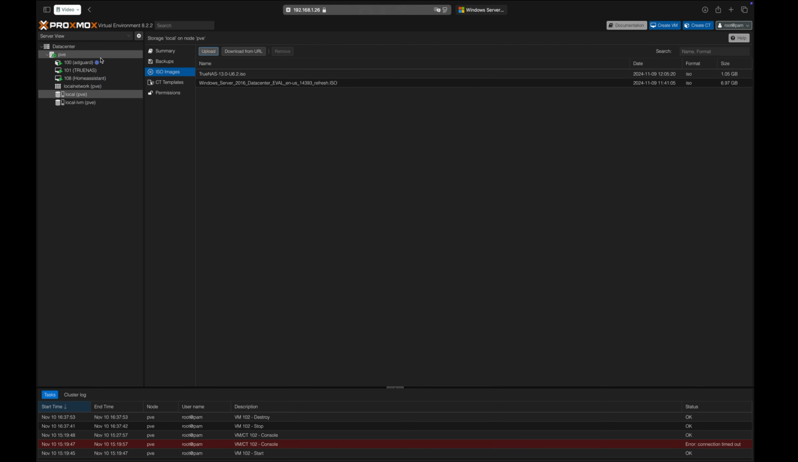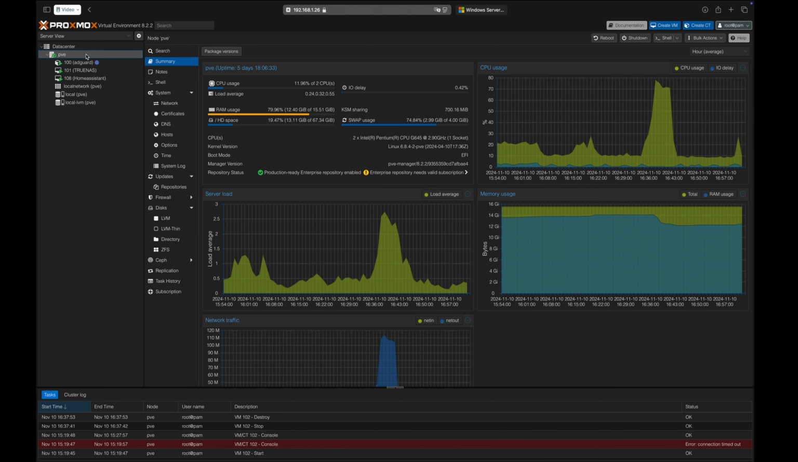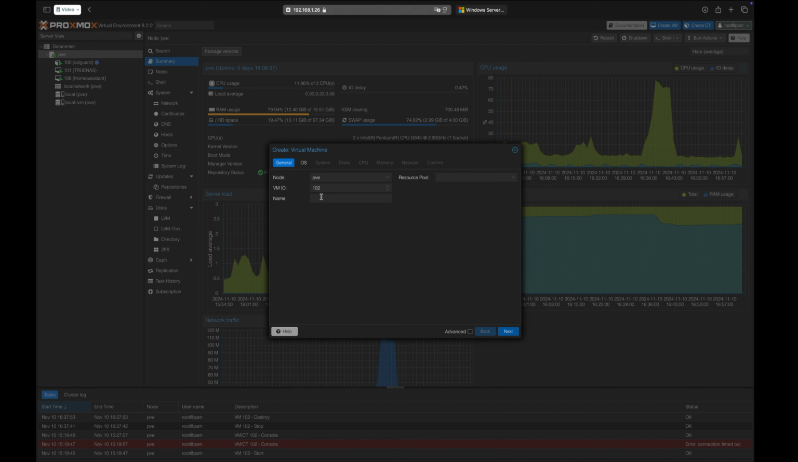Now click on PVE. Create virtual machine. Name it like you want. Next, we select the ISO. So Windows Server 2016. The OS type is Microsoft Windows. Next,